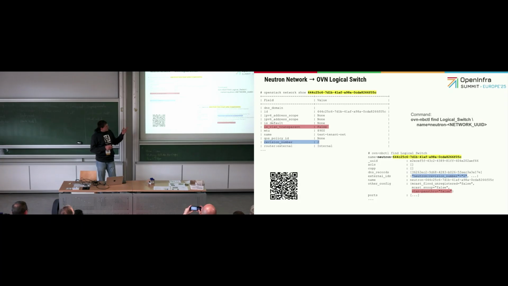So I want to start with mapping. Here is also a QR code, and in this QR code you can find the gist on GitHub, where all of these outputs are in full. There is all the interesting information. I marked the common settings, which you can see here in actual Neutron and in the data inside the logical switch in OVN. You will see the same data, and on this particular slide,